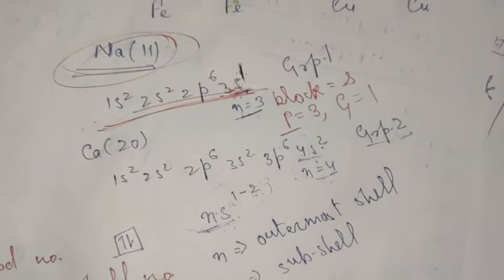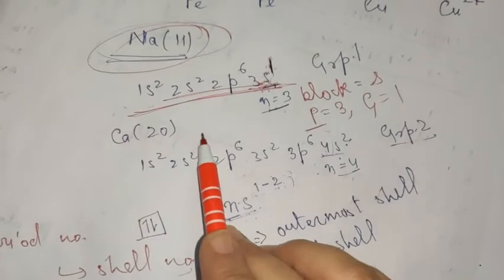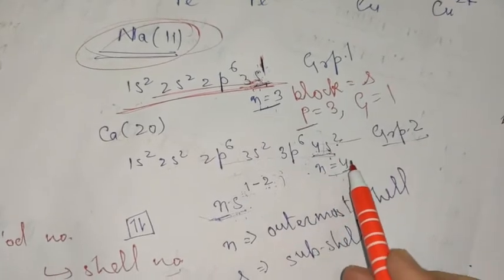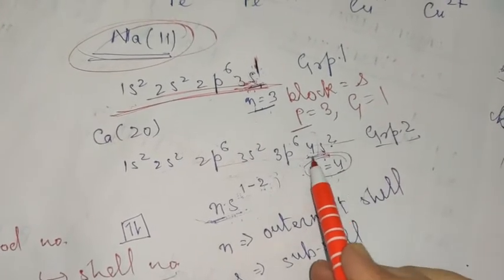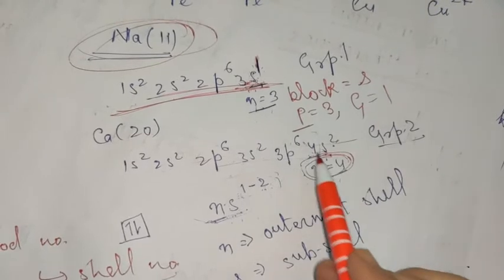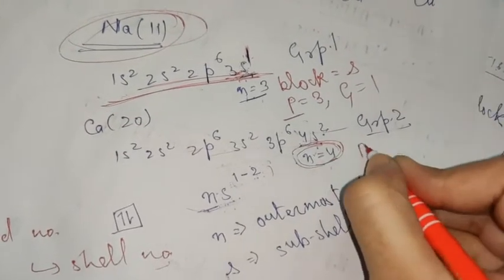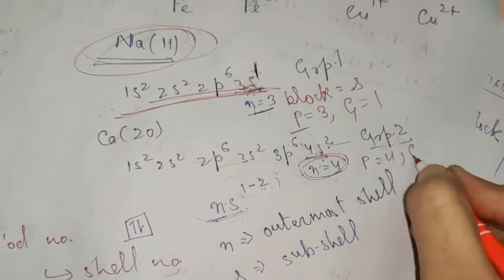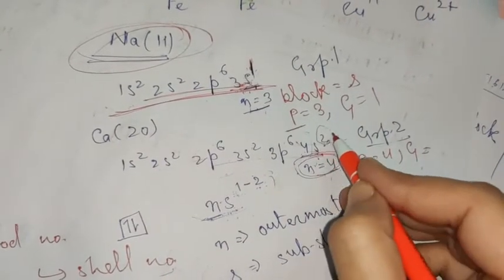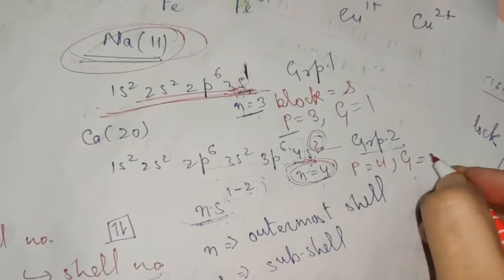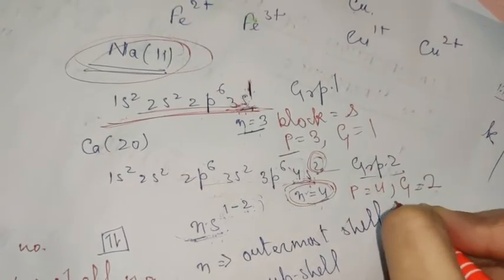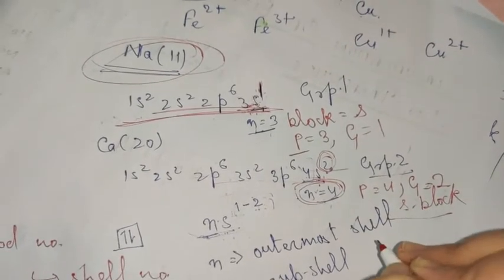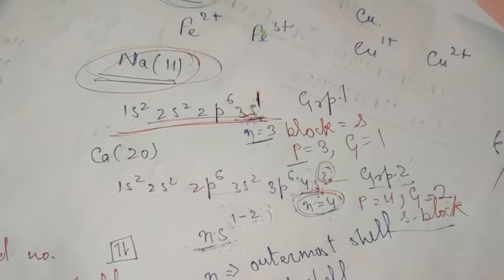Now another example I am taking up here, calcium. The electronic configuration is already mentioned, and as I explained, the highest value of n here is 4. So the period is 4. It is present in the fourth period. The group is, obviously, it has 2 electrons in this ns2, so the group becomes 2 and the block is s block, right? This is how we locate the period, group and block in case of an s block element, which is the easiest.